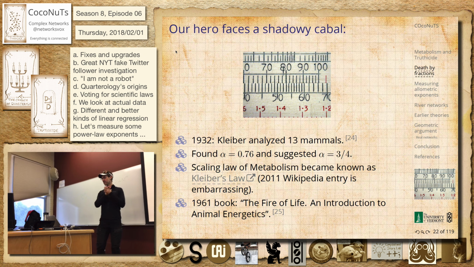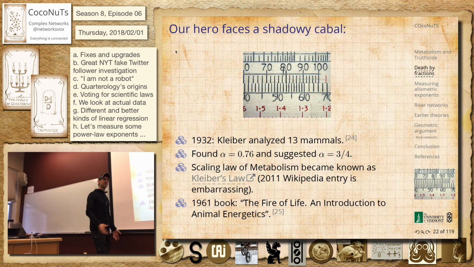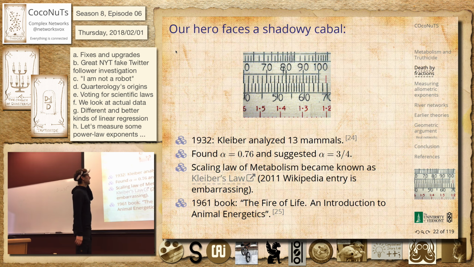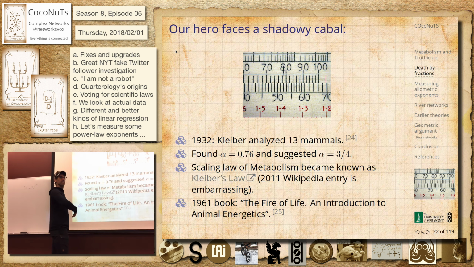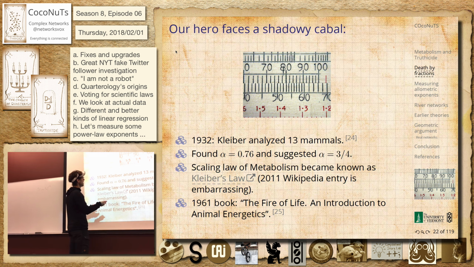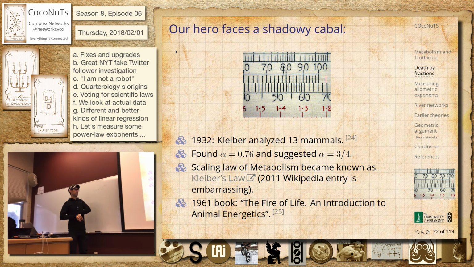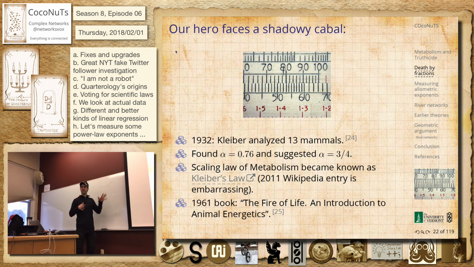Slide rule. So why is there a slide rule? The slide rule is there because at this point they're starting to think it's not 2/3, it's something a bit higher than that, and we want people to be able to actually calculate things. The thing people have handy for doing somewhat more complicated things at that point is a slide rule, and if you're doing powers, you don't want to use 4/7 or something. This is not great. 3/4 is a Pythagorean ideal. It's the next thing up that's pretty easy to work with. It's a nice fraction, not too bad.